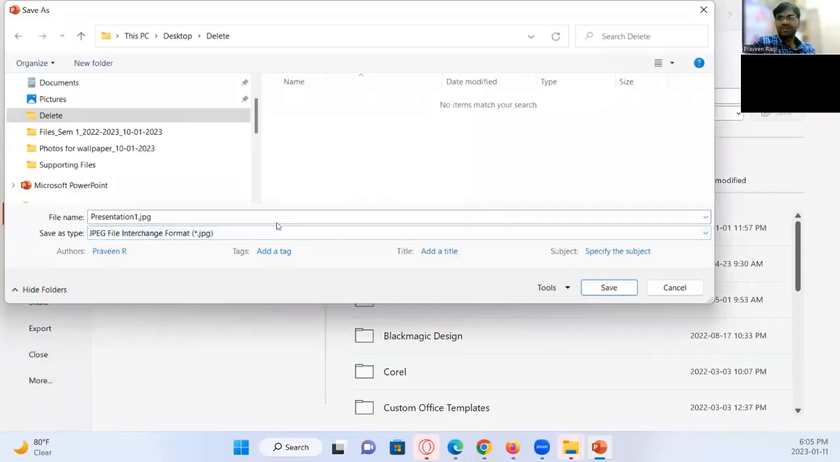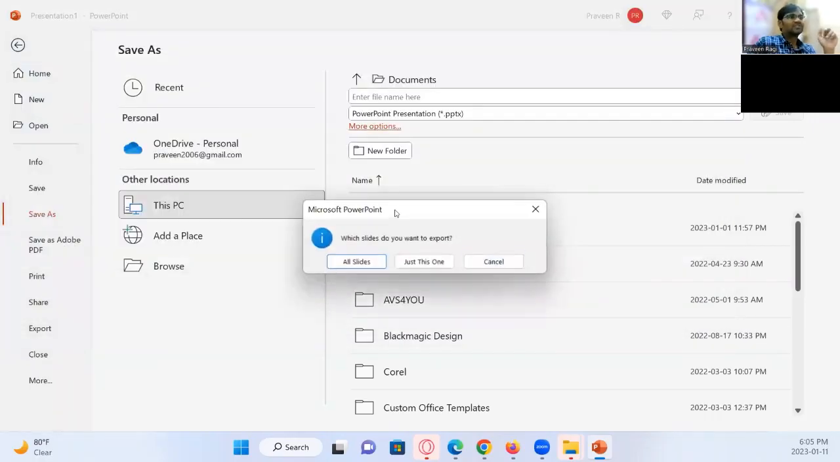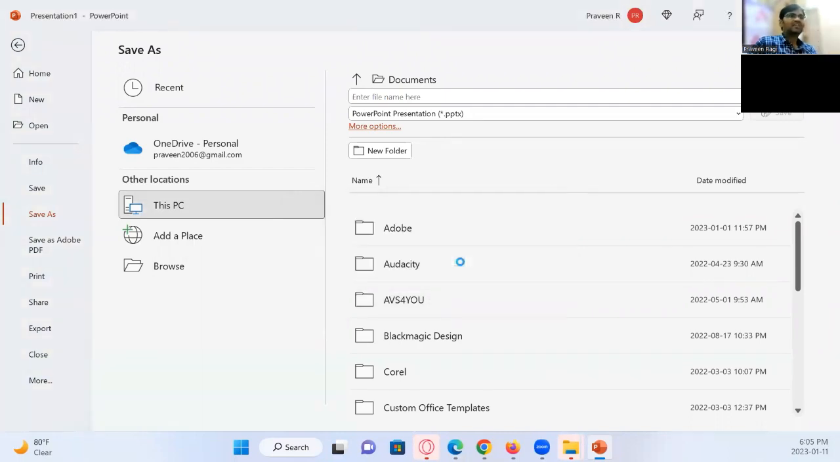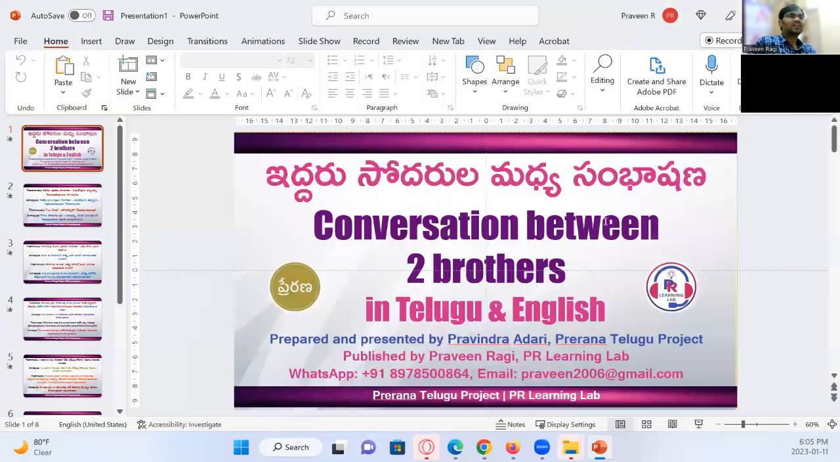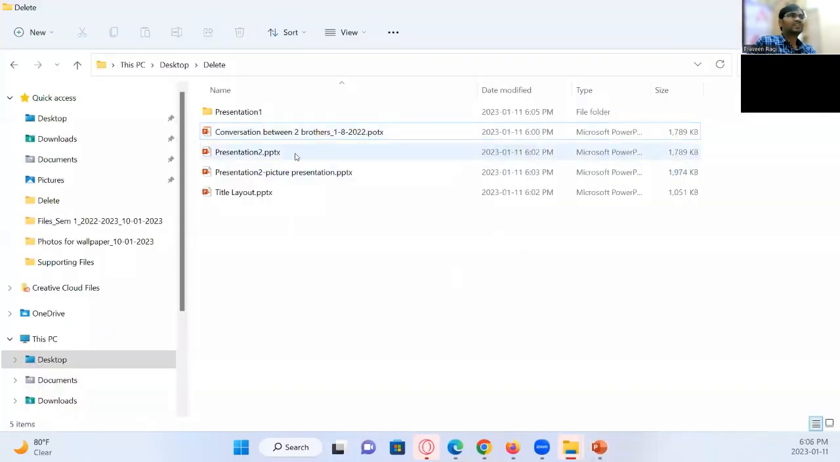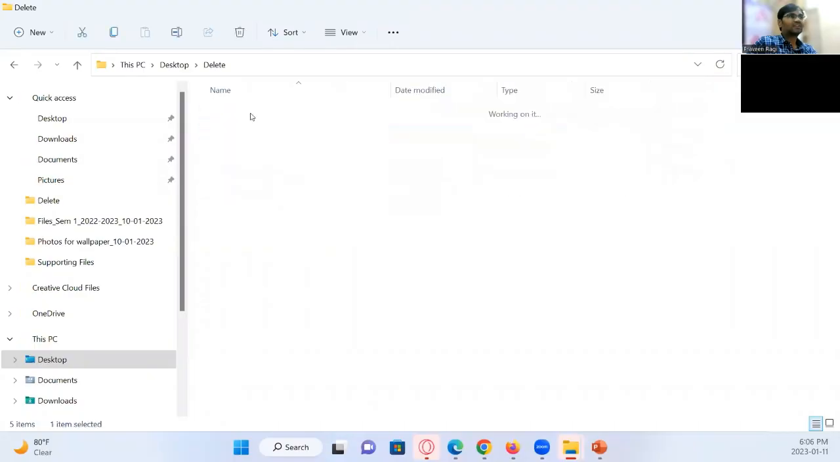Okay, this is one method to convert all the slides into small individual pictures. Okay, when I save, see what will happen. It will ask us to choose: you want to save all the slides as pictures or only the current selected slide. So I want all. So I choose all. Then all the slides will be converted into pictures. Then those pictures will be placed inside a folder. See,